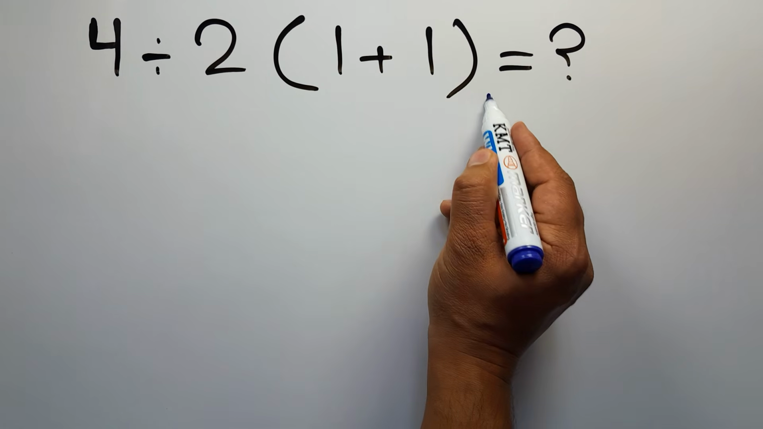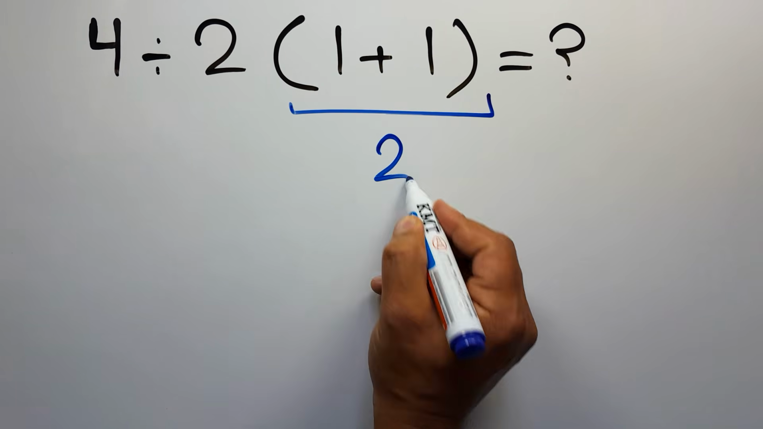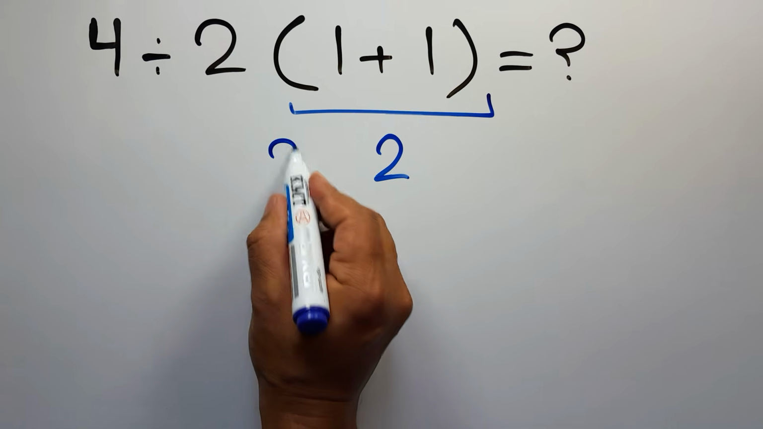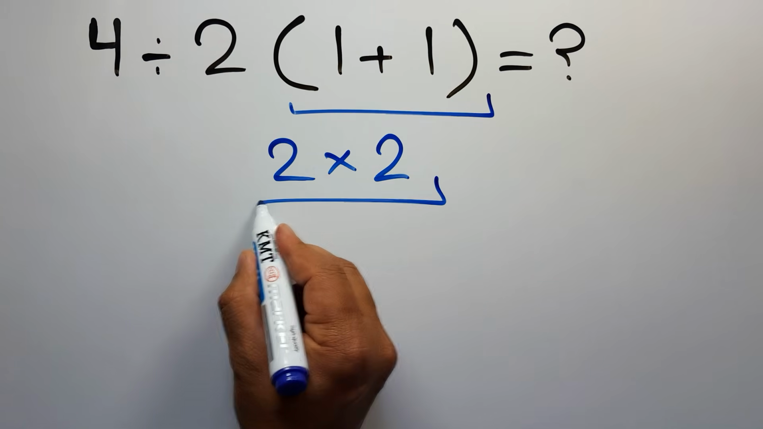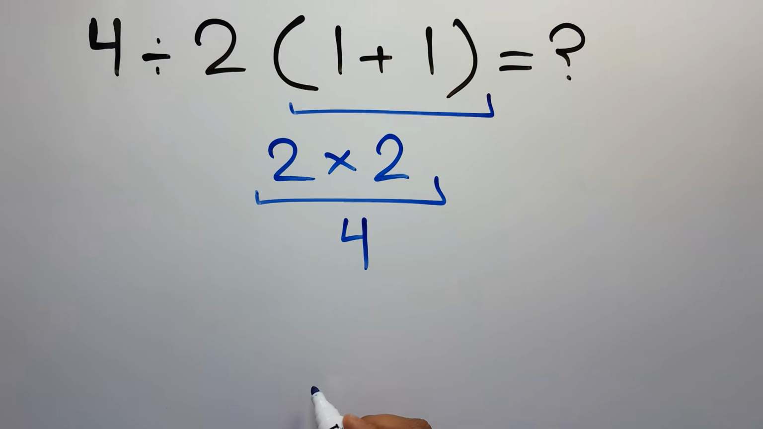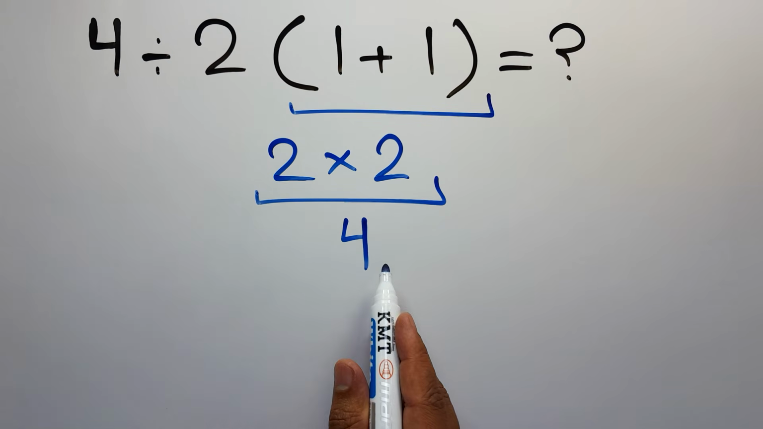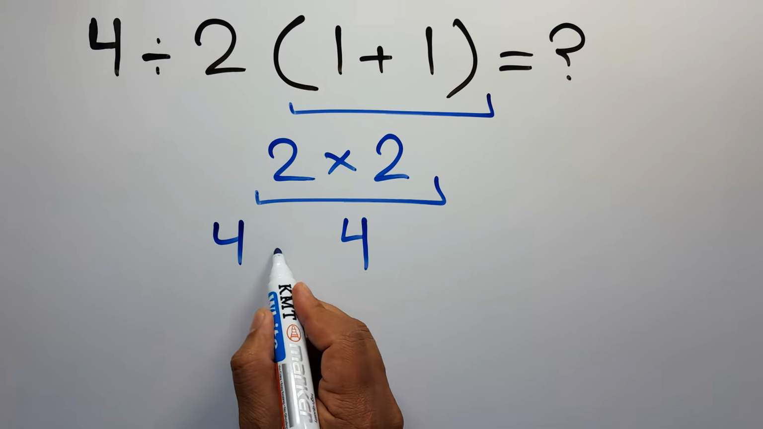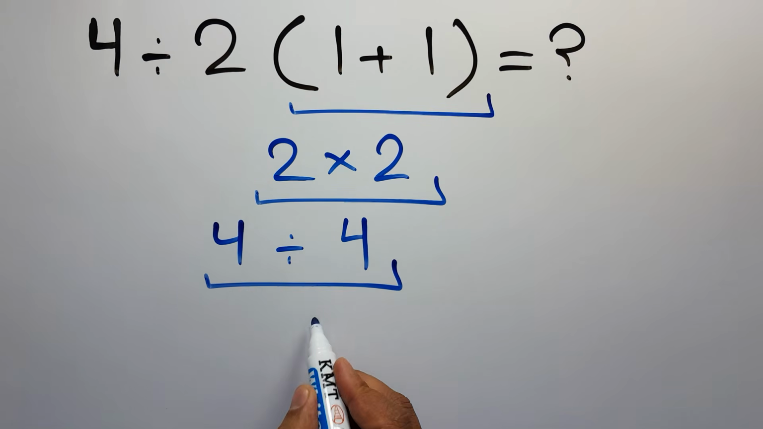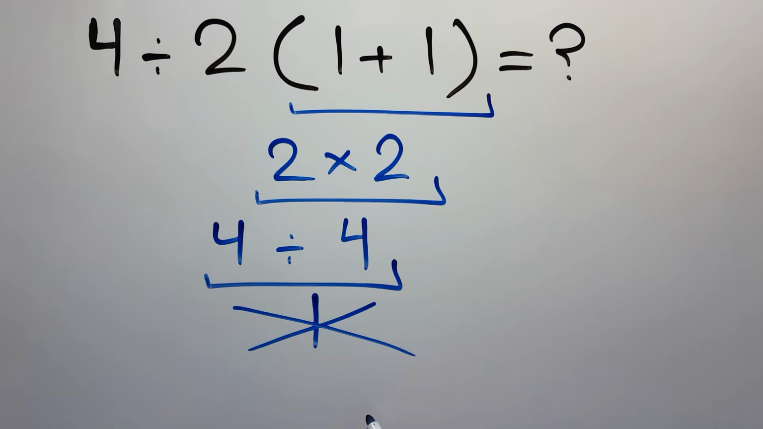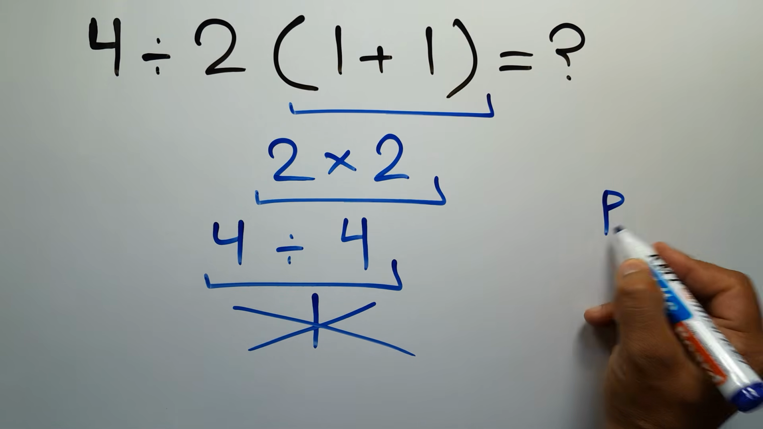1 plus 1 gives us 2. And 2 times 2 equals 4. So 4 divided by 4 is just 1. But this answer is not correct because according to the order of operations, which is PEMDAS,